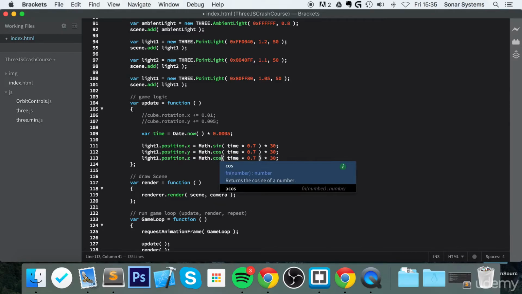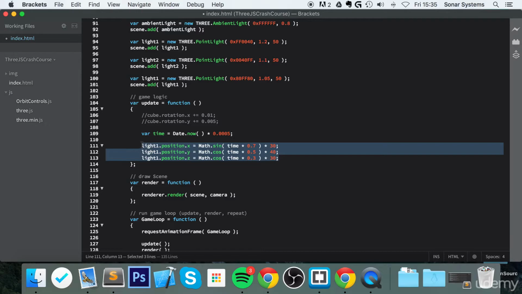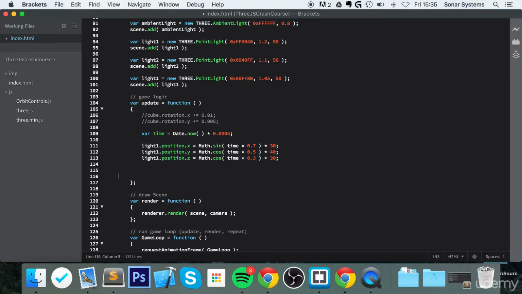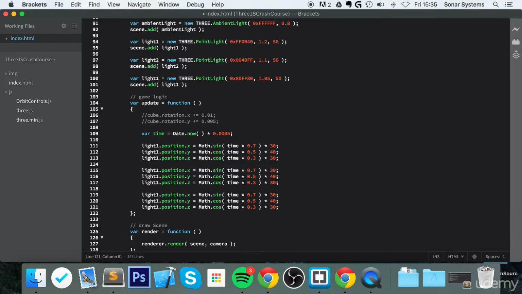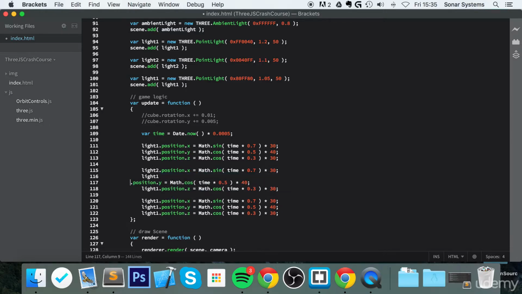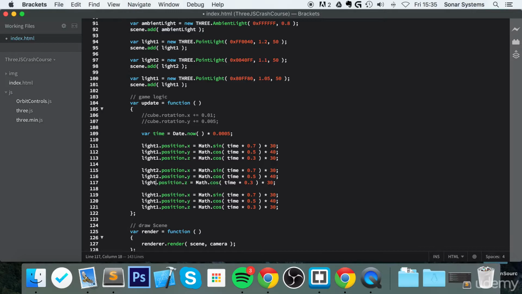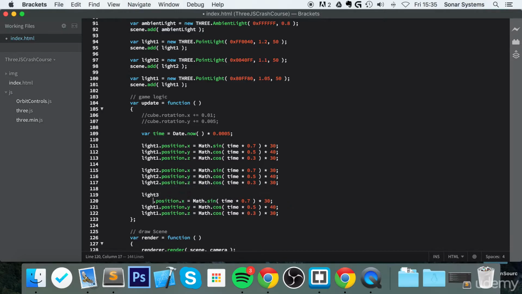Change this one to cosine as well. Change this to 0.5, 0.3, and just multiply this by 40. I've already calculated all of this beforehand, so you don't need to worry about this. I'm just going to change this to 2, to 2, to 2, to 2,